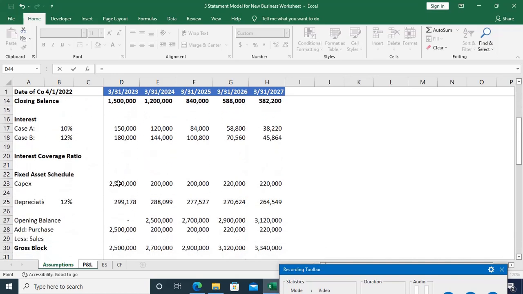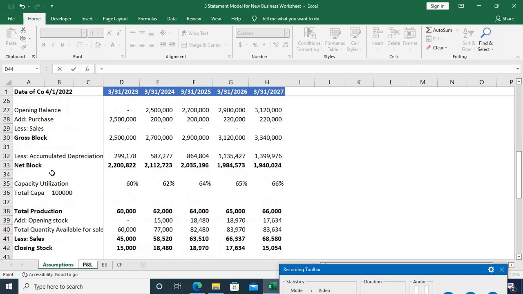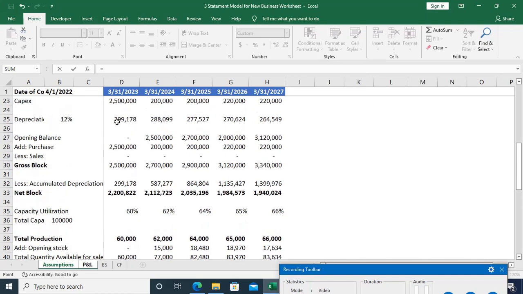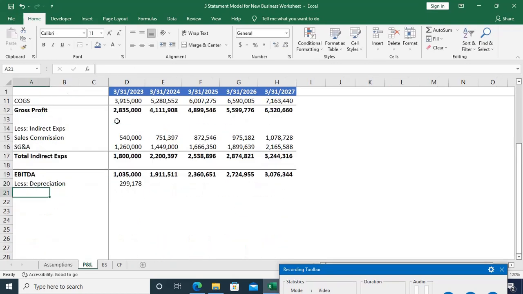We made a schedule for depreciation, the net block opening, the depreciation schedule. We can simply link it. Depreciation has been linked. Now, if from EBITDA I am deducting the depreciation part, what I am left with is